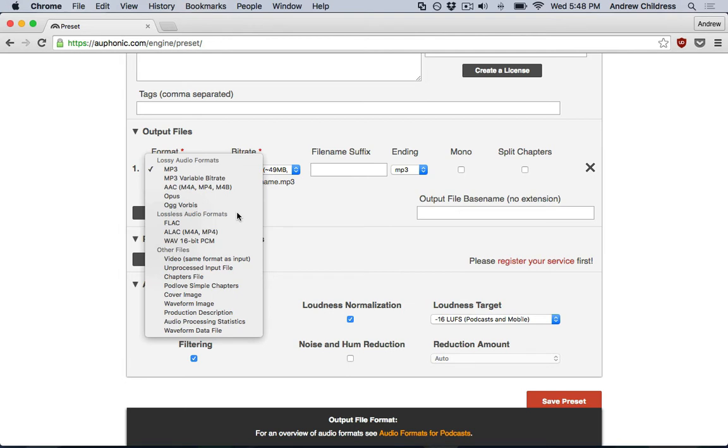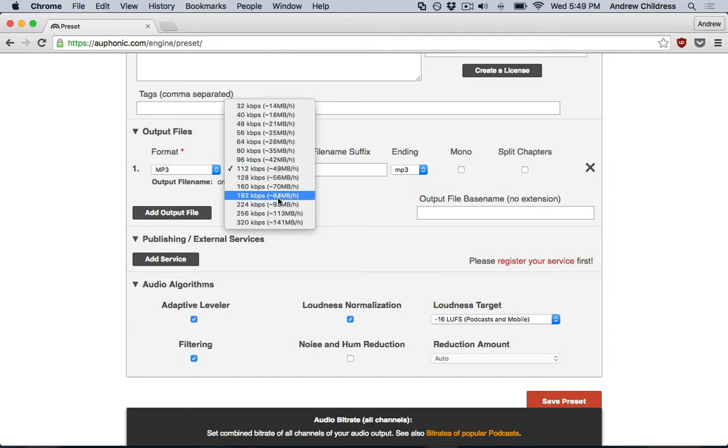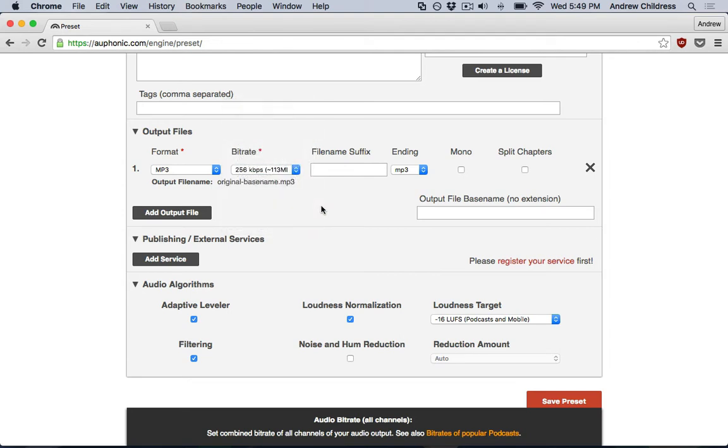For me, I'm using an inexpensive USB microphone and I often can't tell the difference, so I usually will choose MP3 and then a fairly high bitrate from the bitrate dropdown, like 256 for example. And those two settings are usually enough to give me high quality audio. At a certain point, the bitrate really doesn't matter. You really can't hear the difference, and for simple audio recordings like we're probably going to be doing, these are